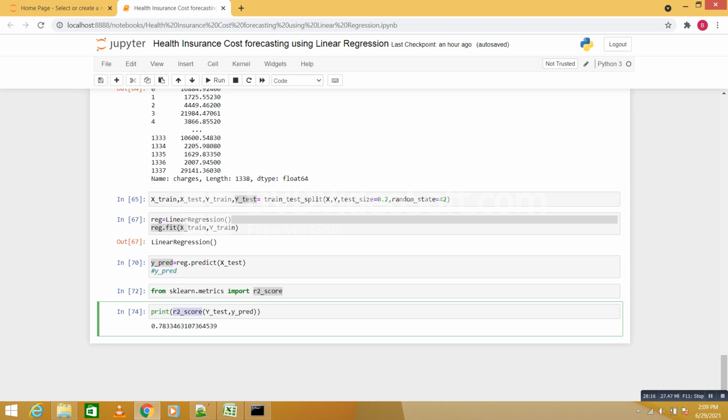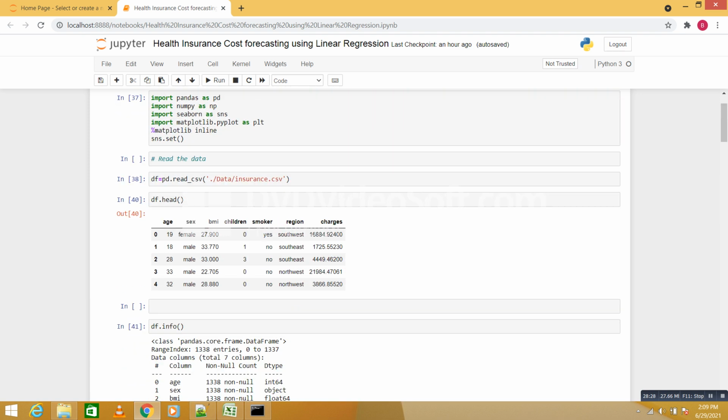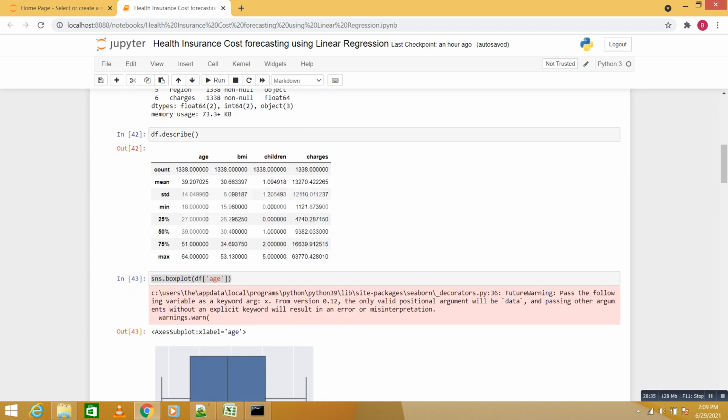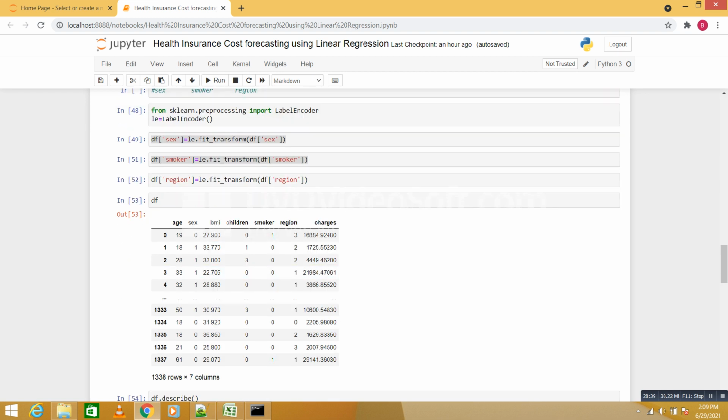So in this way, we imported the model, checked the equation of the model, imported the data, and did data manipulation. We checked whether outliers are there or not. We did pre-processing with label encoding, which is necessary, and after that we checked the heat map for correlation.